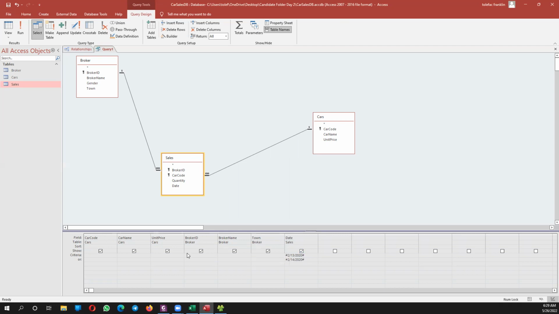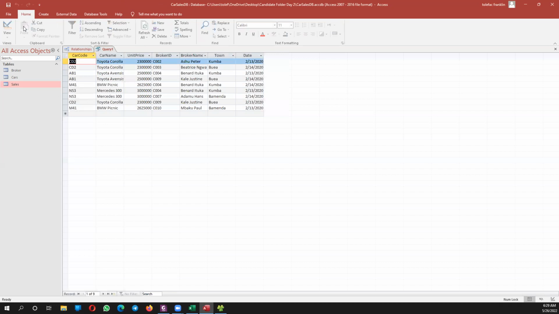So this is a summary for the sales of the 14th February and the 13th February. So I'll just go ahead and run. So it's going to display all the car code, the car name, the unit price, the broker ID, and the broker's name with their towns, the cars that were sold on the 13th and the 14th of February 2020. So they said, let us save this as